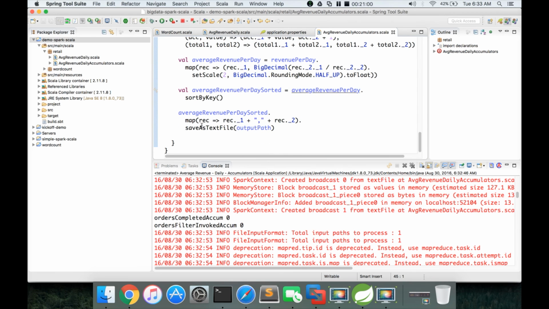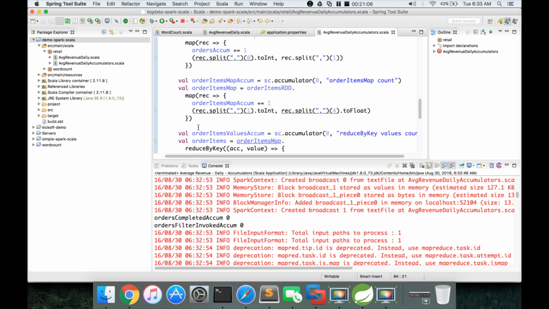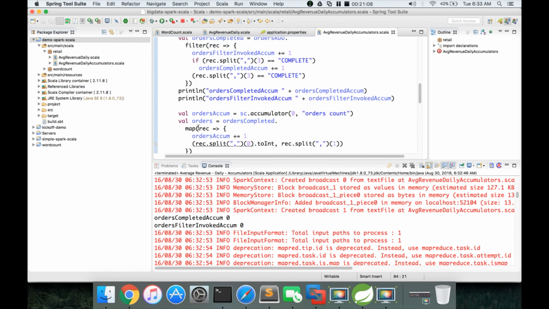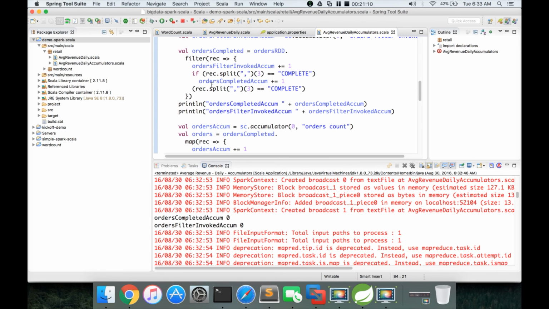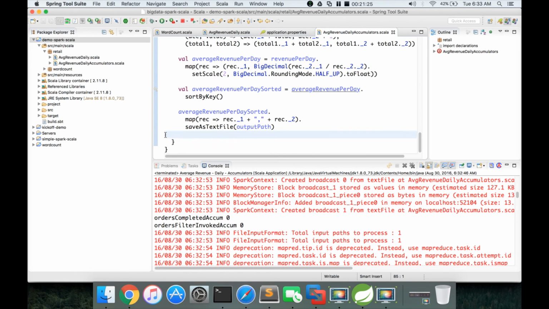The action is here, which is save as text file. But I try to print as part of the program immediately after using that accumulator as part of our program logic. But you see that it is returning 0. But if I add these same lines after the action, which is save as text file in this case,